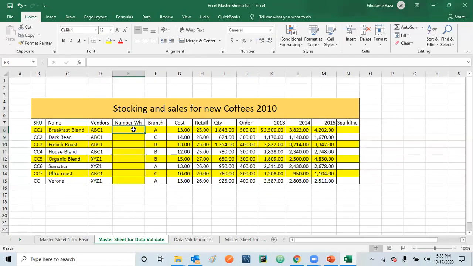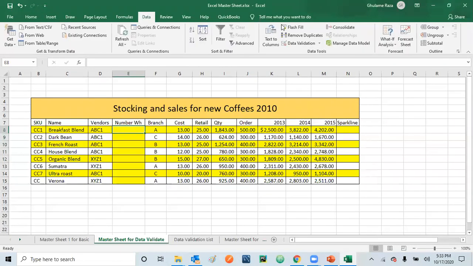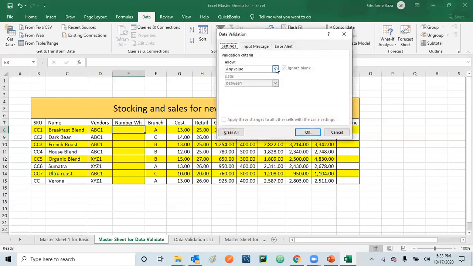Okay. So with data validation, what we have learned today is how you can use any value in the cell, but you can also restrict the cell for whole numbers, for decimals, or you can use a drop down list, or you can also use the cell specifically for dates, like date and then date range, where you can select the date from within the range. So this is what you have learned today.